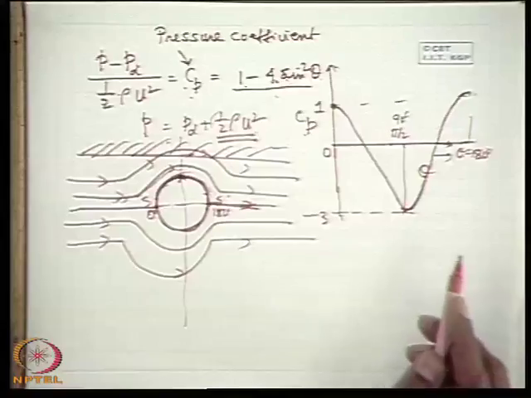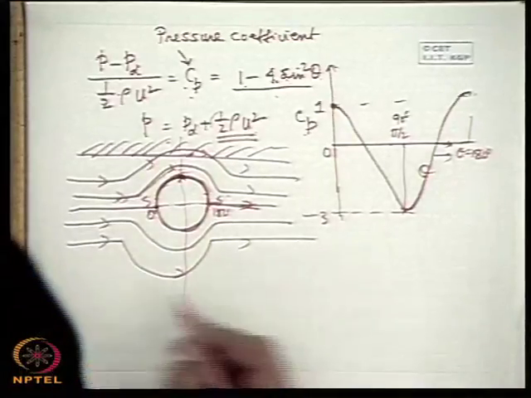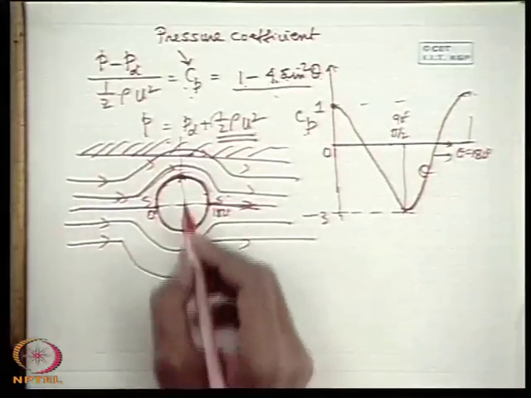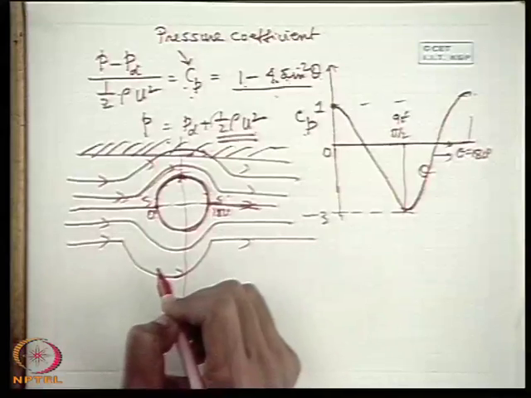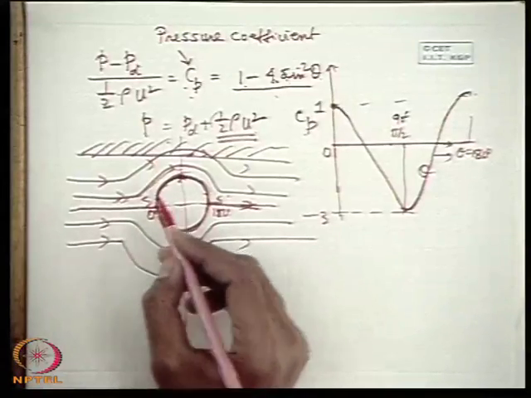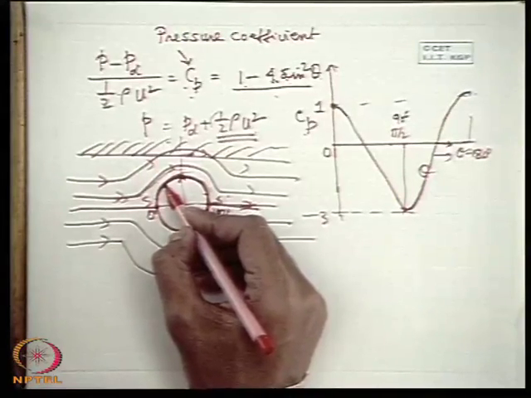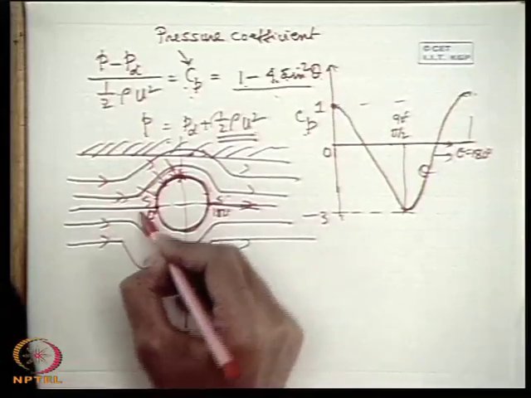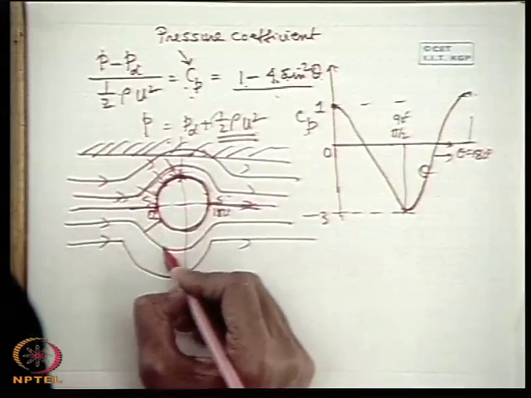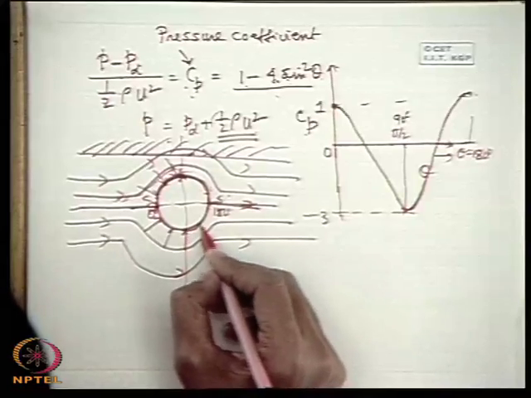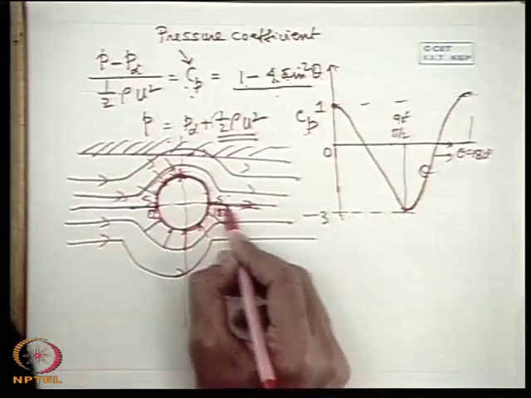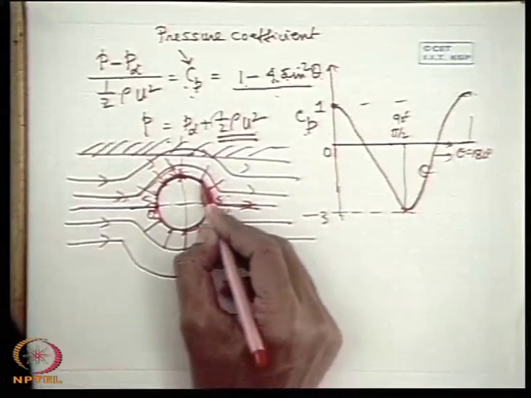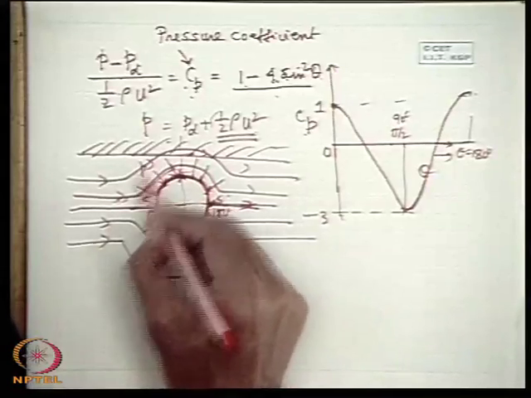Now one important thing comes if we consider the net force acting on the cylinder. It is an ideal fluid, so on the cylinder surface the only force acting is the pressure force. This is the pressure force. Only force acting is the pressure force because there is no force along the tangent to the cylinder at its surface because there is no viscous force. So this is the only force P.